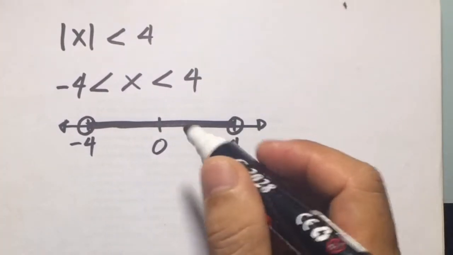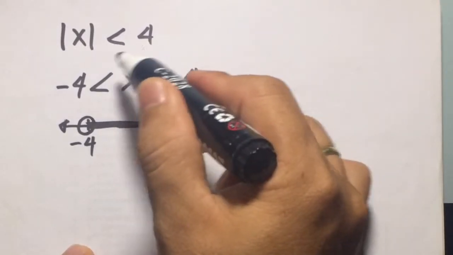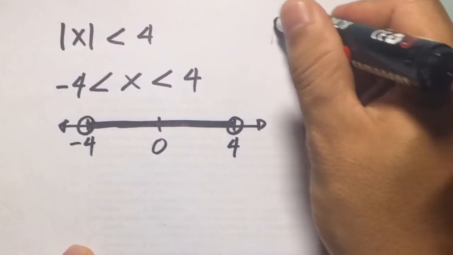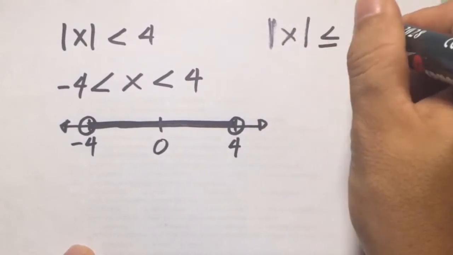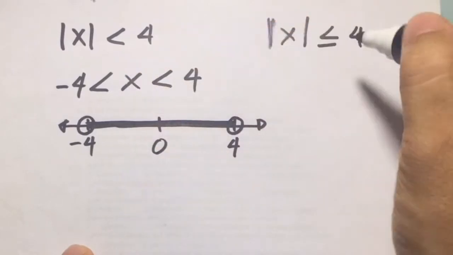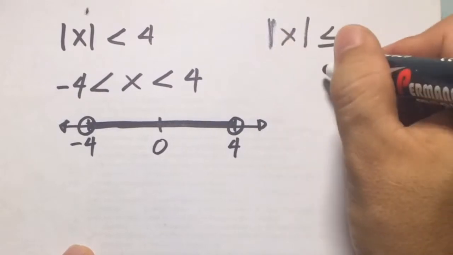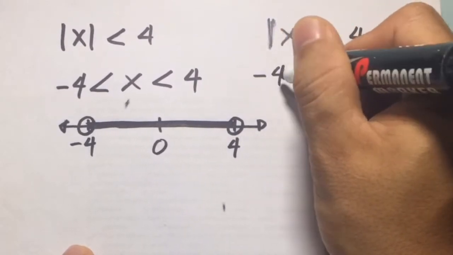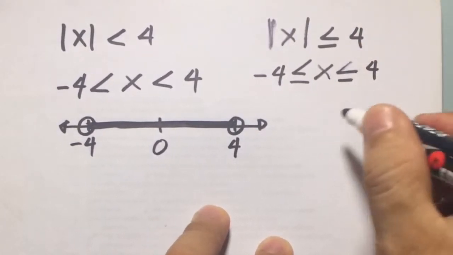And in case the given inequality has an equal sign below, or less than or equal to, for example, let's have this one as absolute value of x is less than or equal to 4. The only difference for this one is that negative 4 and 4 are now part of the solution. So in here, for your solution, this is x greater than or equal to negative 4, but less than or equal to 4. So if we're going to have it in a graph,